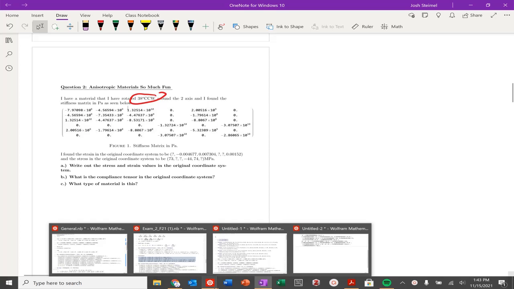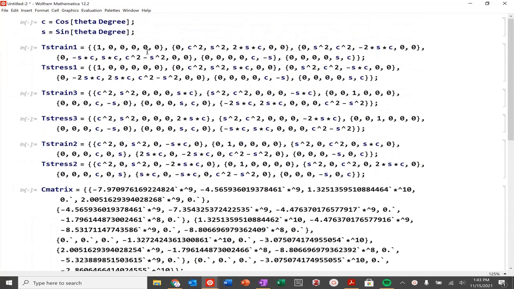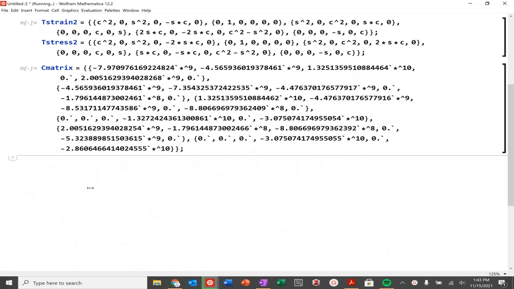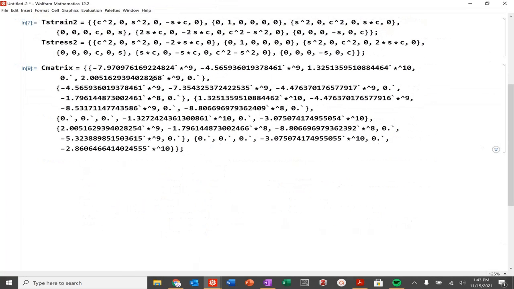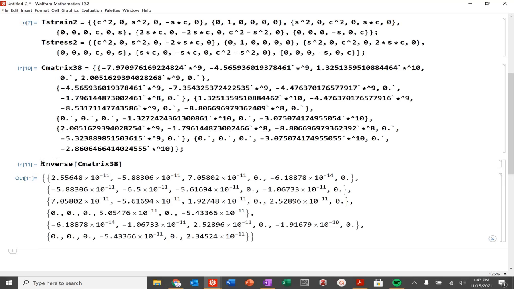Let's go ahead and just set up our general notebook. Again, make sure you have separate notebooks each time. I have a stiffness matrix for the 38 degrees, so I'm going to define this C matrix 38, after a 38 degrees counterclockwise rotation. I'm going to take the inverse of C matrix 38, because that will give me my